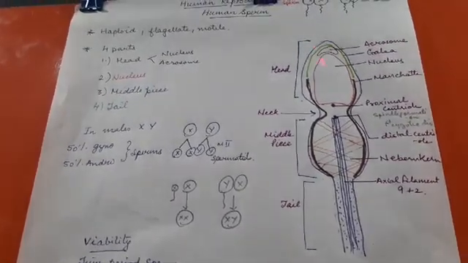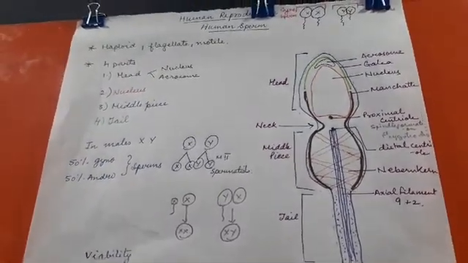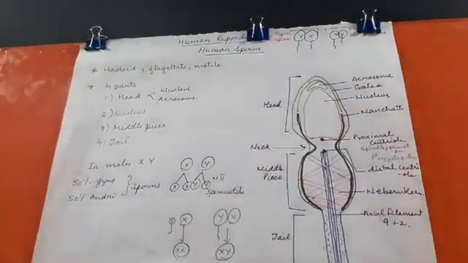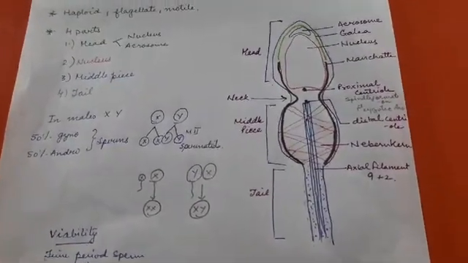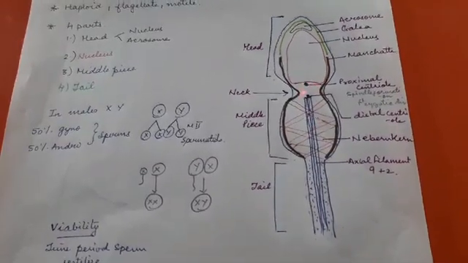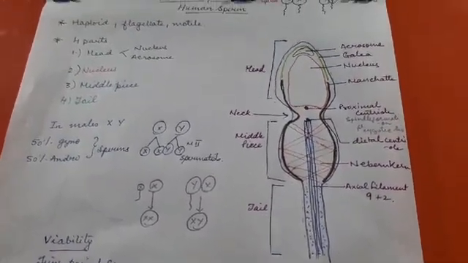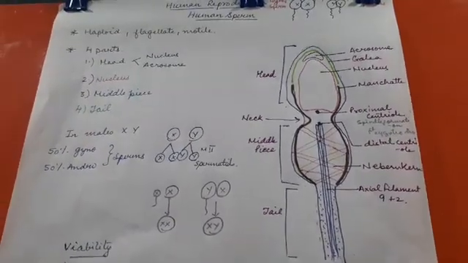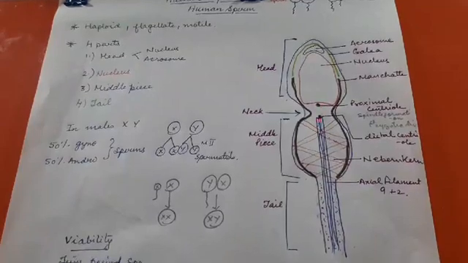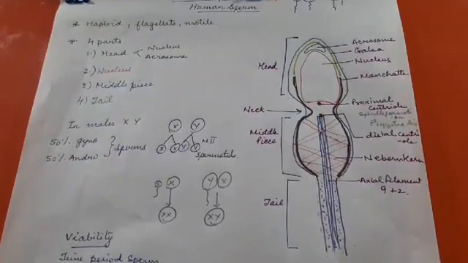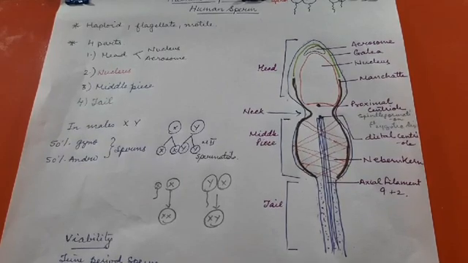Acrosome: the function of the acrosome is that it produces sperm lysin, that is hyaluronidase, which digests the cells or the membranes around the egg. And this nucleus has the genetic material. The proximal centriole, during the first zygotic division, has given rise to this, and then the distal centriole has given rise to the axoneme, which is going to make the skeletal structure of the tail,